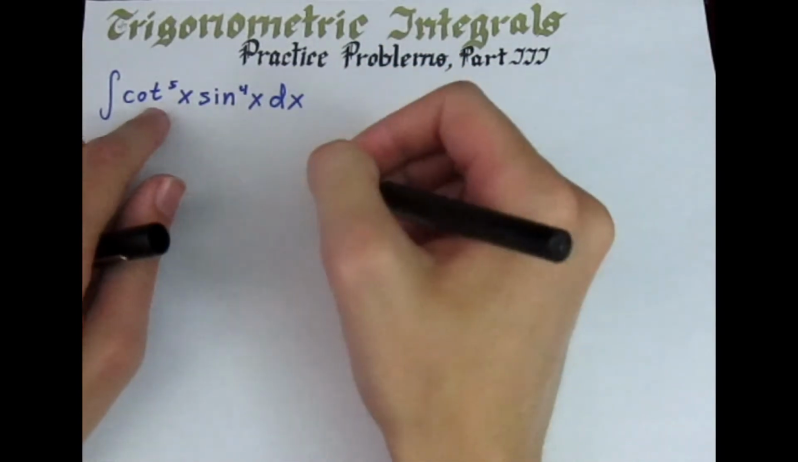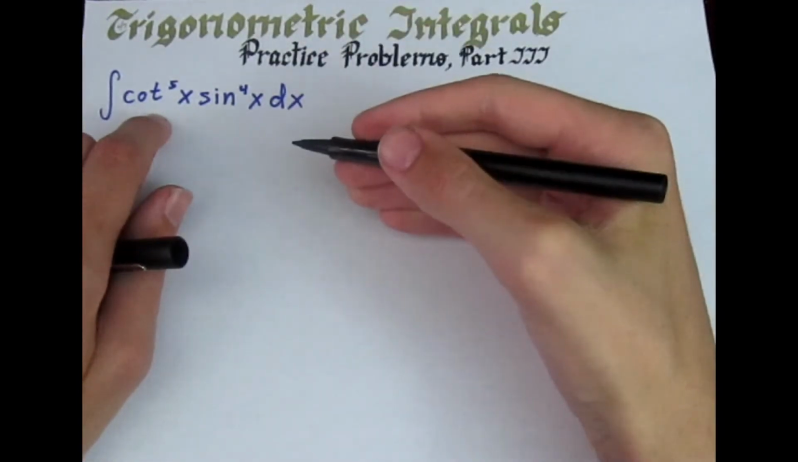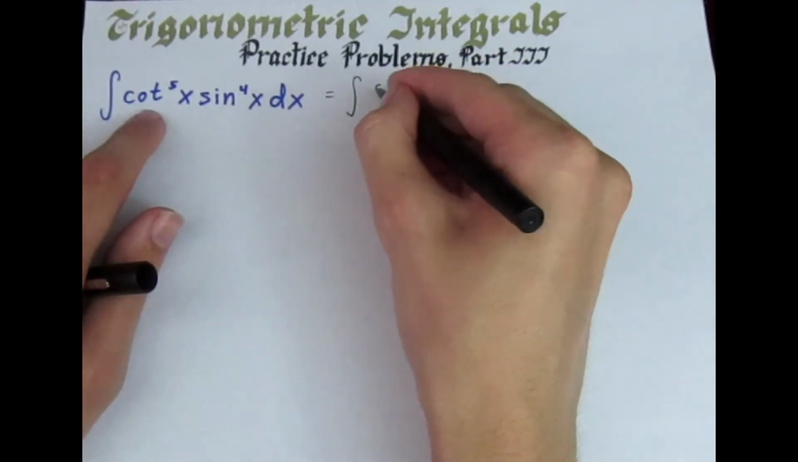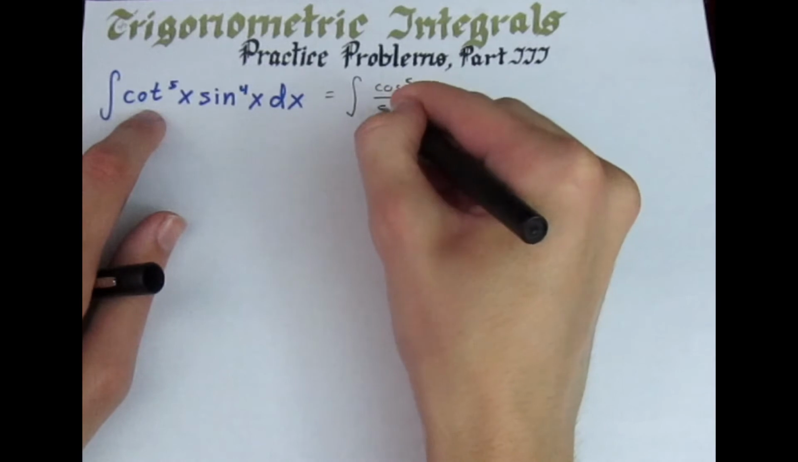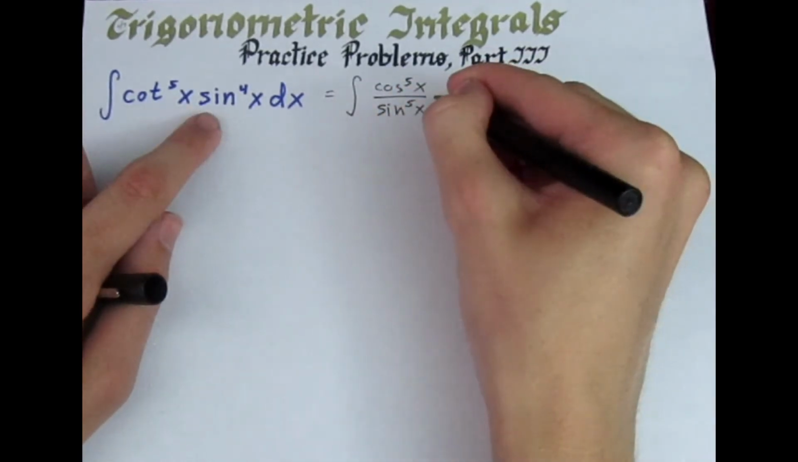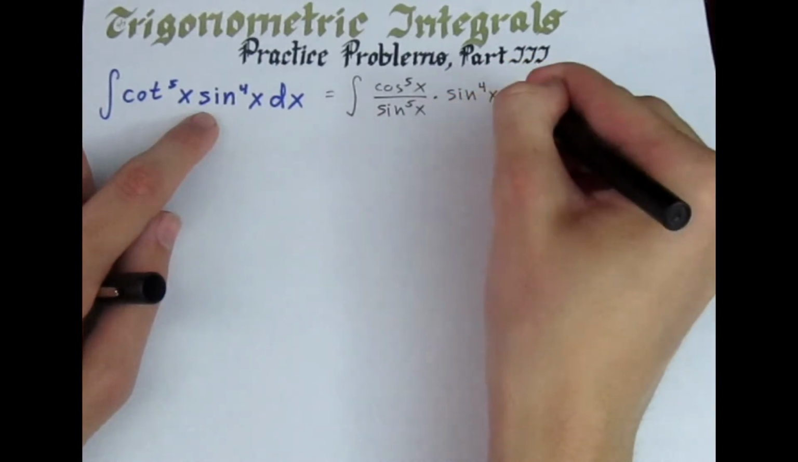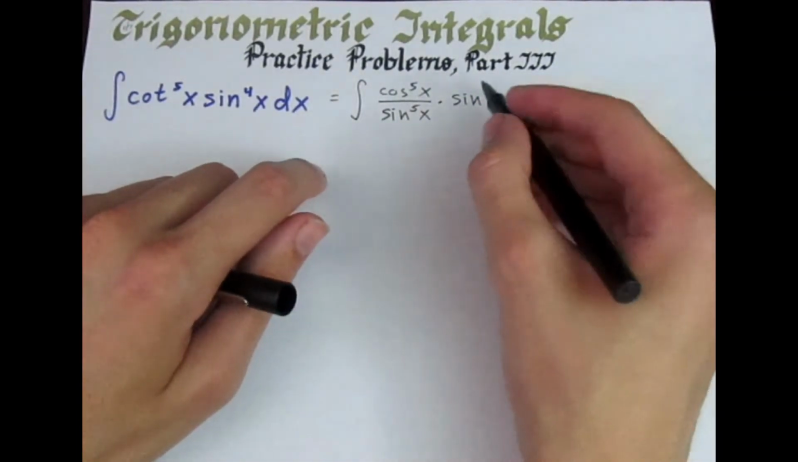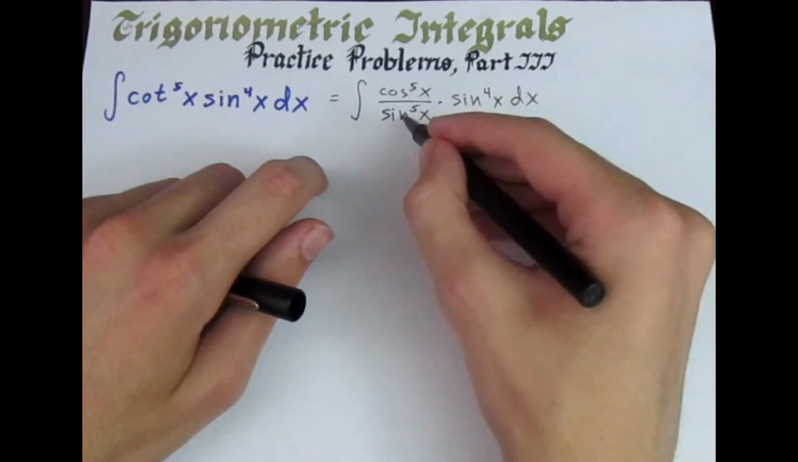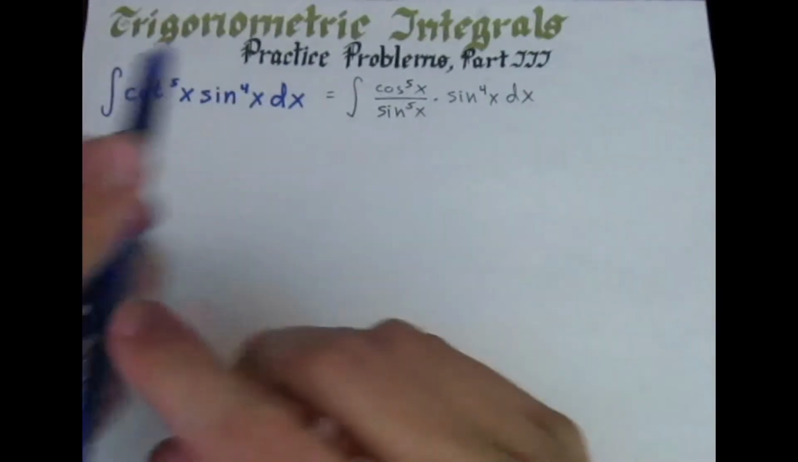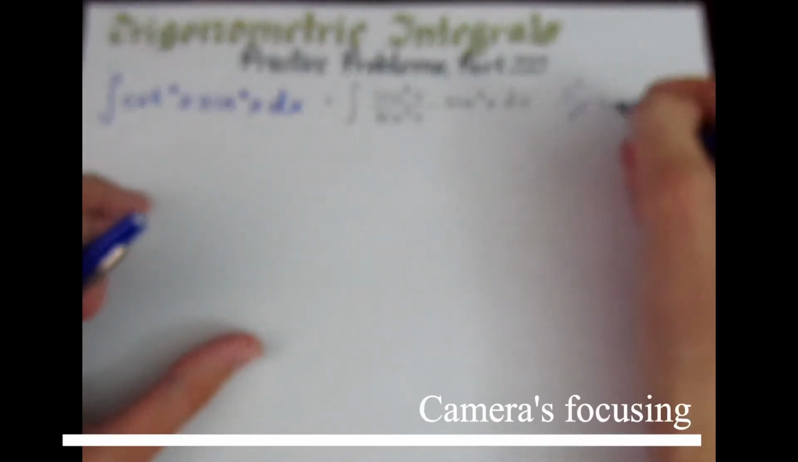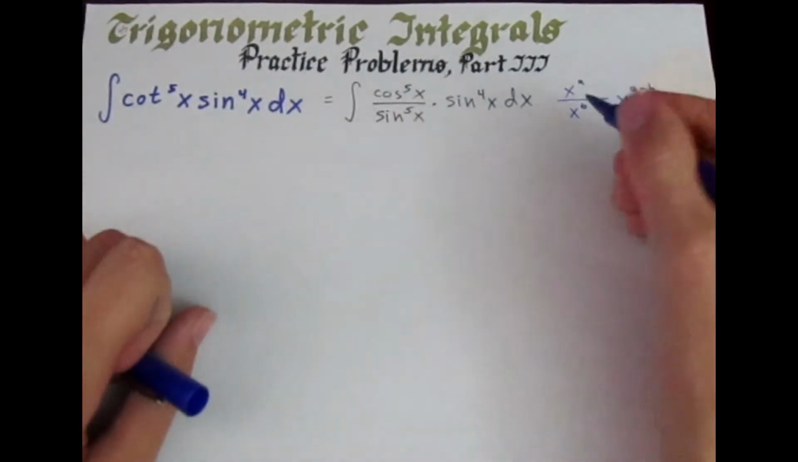And if we recall that cotangent is cosine over sine, let's rewrite it like that and say that this is equal to the integral of cosine to the fifth x over sine to the fifth x times sine to the fourth x dx. Now this is pretty much simple algebra here. We have sine to the fourth x up here, and we have sine to the fifth x down here. What we could recall from algebra class is that x to the a over x to the b equals x to the a minus b. You subtract the exponents here. In this case, this is going to be